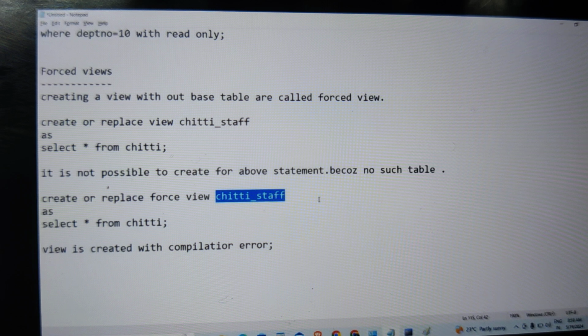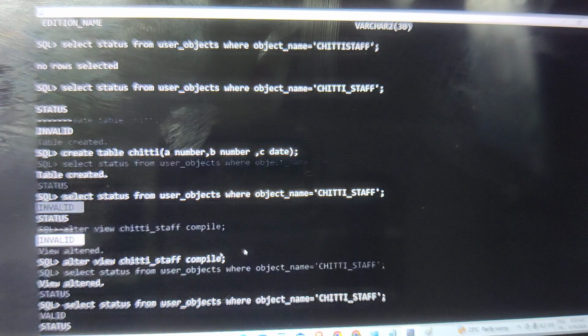For us in real estate, for the developers, we can use this. The developer can do the work without delaying for the table, right? Once the table gets ready, this will become valid. They need some name while they're working in the project, so we can create a view and give the name of the table. Once the table is ready, this is going to be activated, and whatever structure we create for the table is going to be synced to this view.